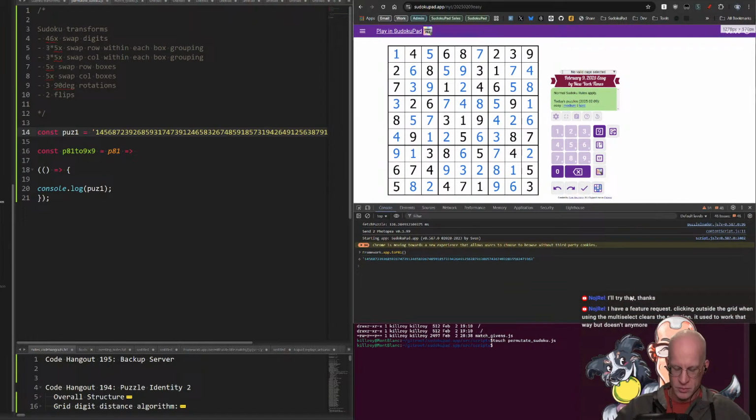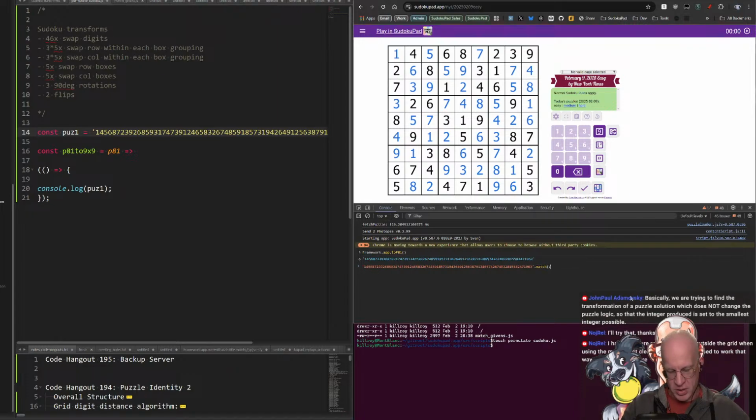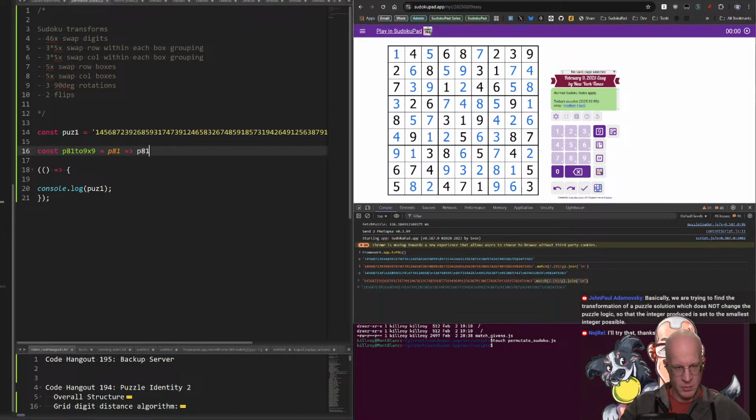I think if I match it against a regular expression, that's 9 digits, and I'll do global, it'll give me that. And I'll do join like that. So if I do this, P81 dot match and join,